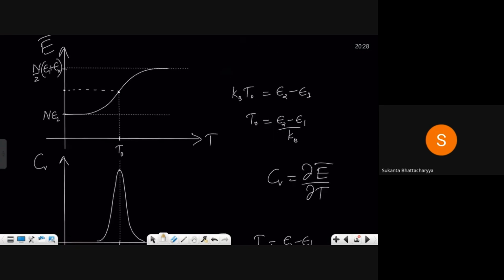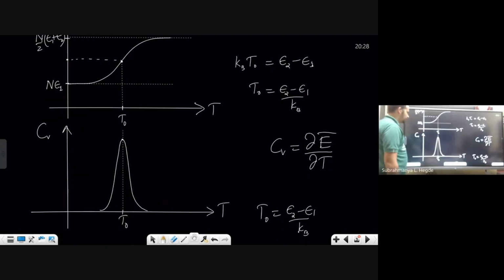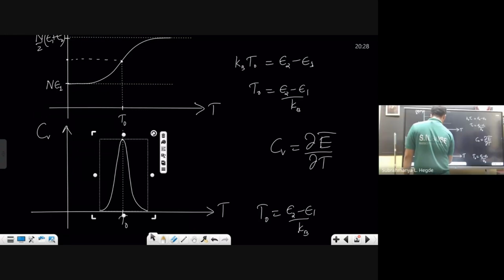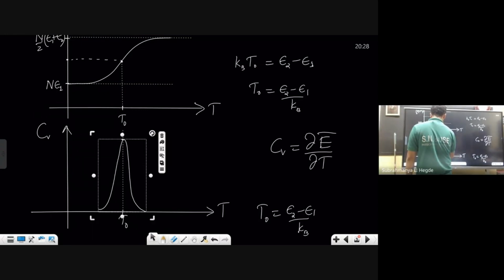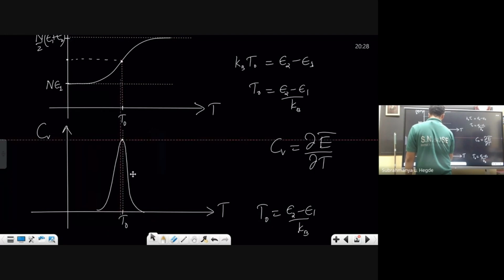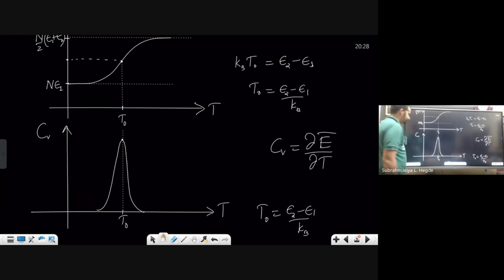Sir, is there any question about the CV plot? No. I don't think it will be symmetric. Have I drawn symmetric? You make it somehow asymmetric. Fine. And the T naught, if you multiply by KB, that will be a gap between those two energies somehow. Now,